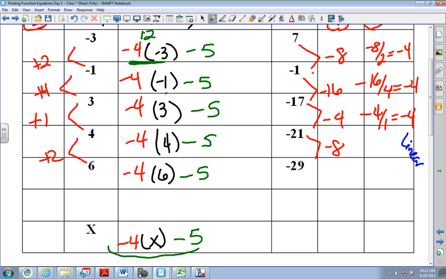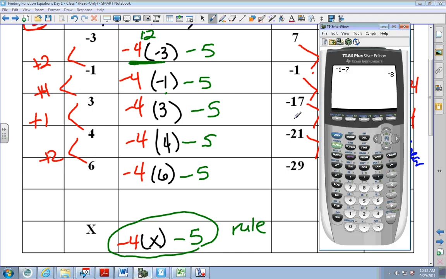So right here, I'm going to write this down. Now remember, what is this called right here? This is called your rule. Go to y equals. Let's put in there negative 4x minus 5. I'm going to press second graph. And remember, double check all your points. Let's go back. Second window, negative 3. Second graph. Let's see. It says negative 3, 7, negative 1, negative 1, 3, negative 17, 4, negative 21, 6, negative 29. Okay, so now,